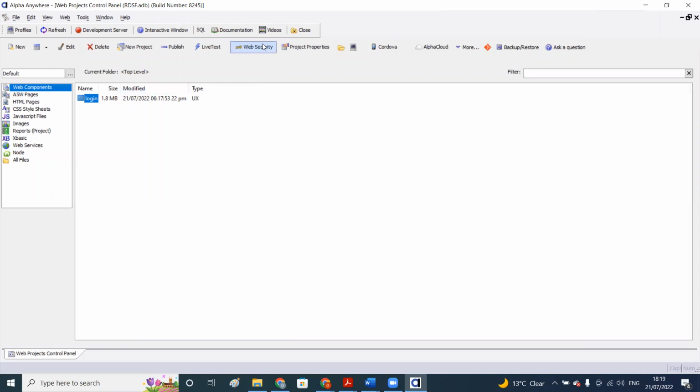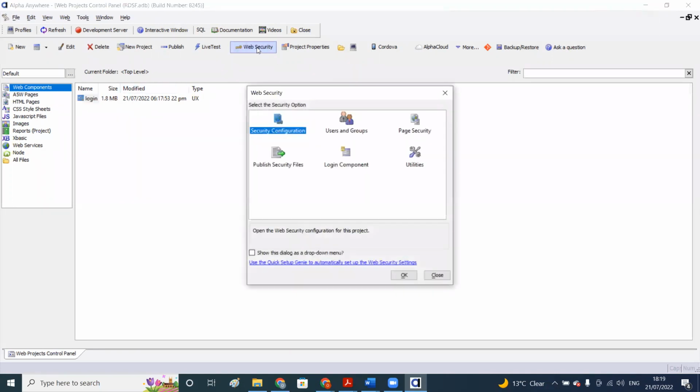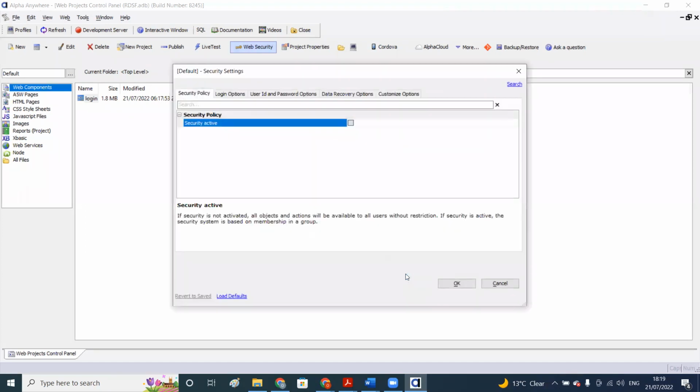So to do that, we're going to use the web security setup from Alpha Anywhere. So instead of creating the components straight from web components, I'm going to allow Alpha 5 to create the component for me. So we're going to go now to web security. Then under web security, you set up the security configuration. All of this is just to set up within Alpha Anywhere your data and the tables for the login control. So go to security configuration, click on it,